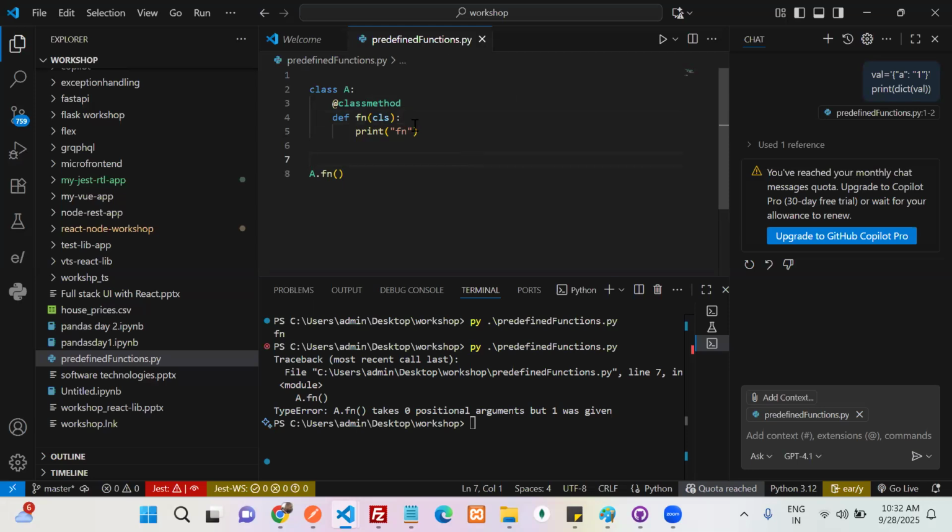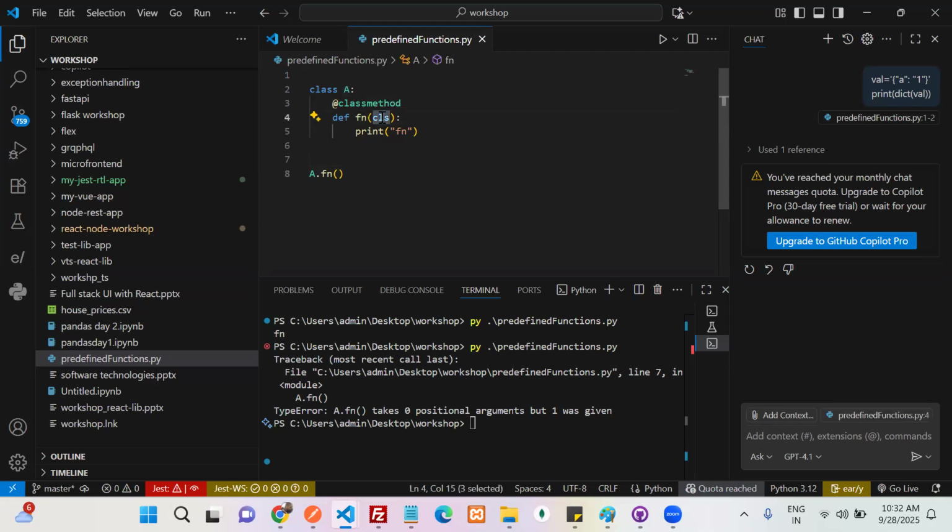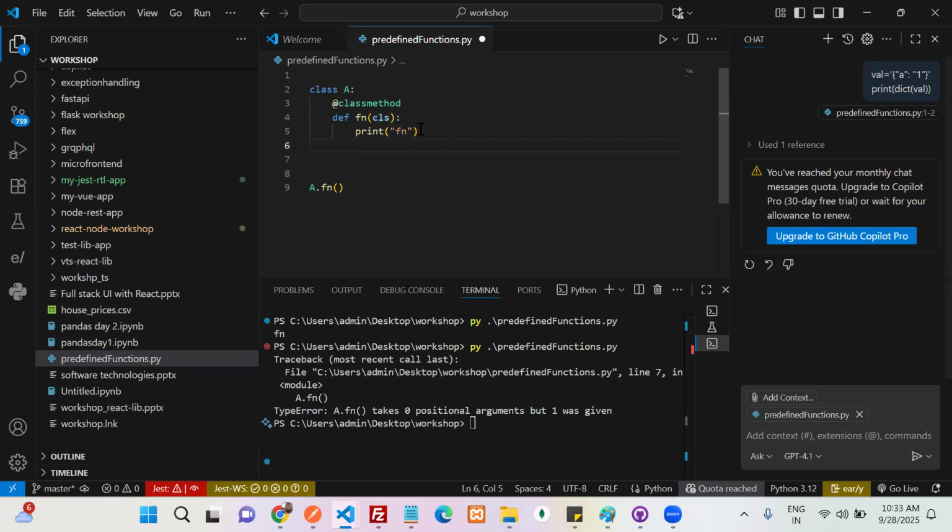Class. Self means object. Class means the class itself. If it is an instance, it is an object. Understood? Tell me. Okay or not? Can you repeat, sir? Say, if it is a